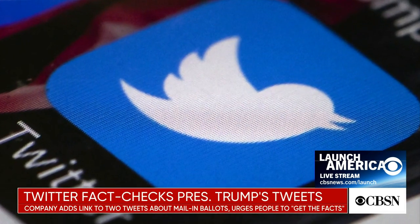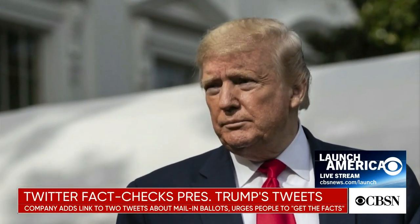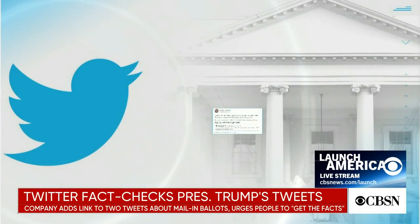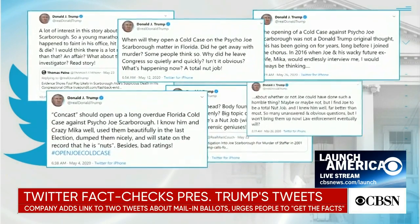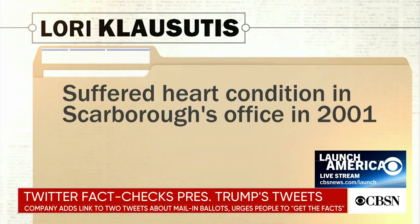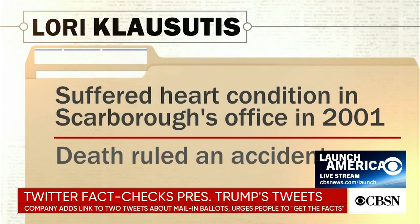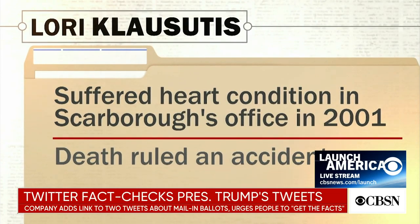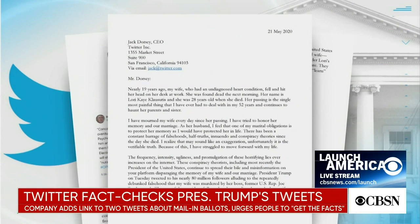The social media company has been facing pressure after another unsubstantiated claim by the president, where he pushed a baseless conspiracy theory accusing cable news host and former Congressman Joe Scarborough of killing his former staff member, Lori Klasutis. She suffered a heart condition that caused her to fall and hit her head in Scarborough's office in 2001. A medical examiner ruled her death an accident. In a letter, Lori's widower asked Twitter to delete the president's tweets, saying